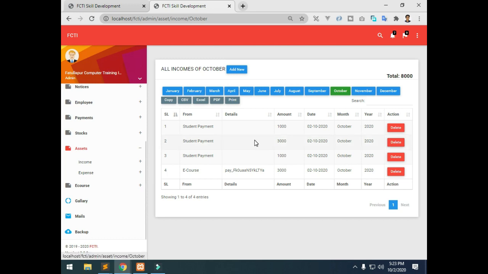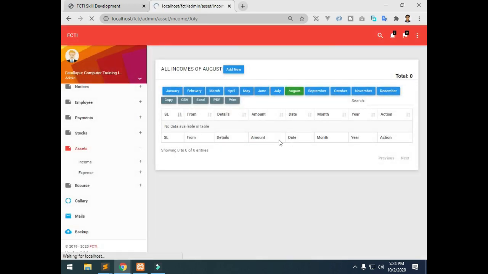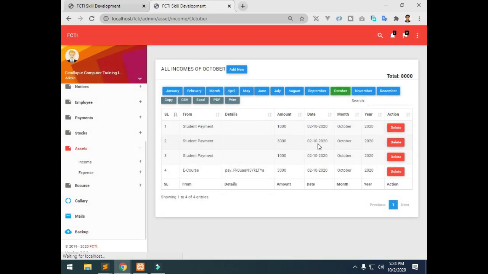So here you can see when I have taken the fee from a student, the fee is also included here in the income list. When a student purchases a course from my website, the course income is included here. Then it's the month. If you want to see the past month or any other month of the running year, you can click here to see. If you click on July, the July details will appear here. So we are clicking on the running month.